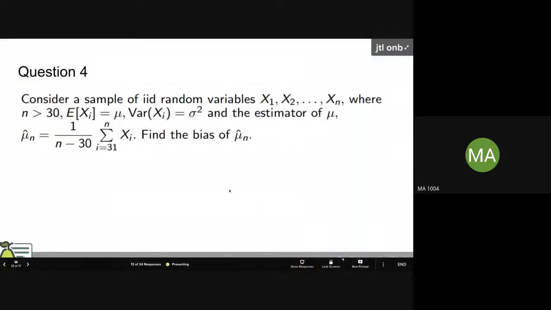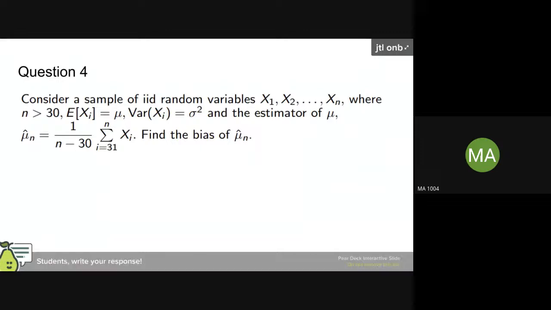So you can also guess the answer, right? We asked you to find the bias, and I told you to give the response or maybe even the number. So that is a number which is independent of mu and sigma square, though I didn't give the exact value of n also. It will come mu minus mu, something like that, sir? Actually, that will become 0. n minus 30 by n minus 30 into mu minus mu.